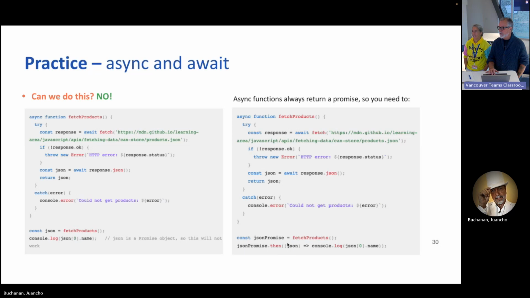So basically fetchProducts will go off and asynchronously fetch that particular product, and returns a promise to a JSON, which you can then use as a parameter for your arrow function here.